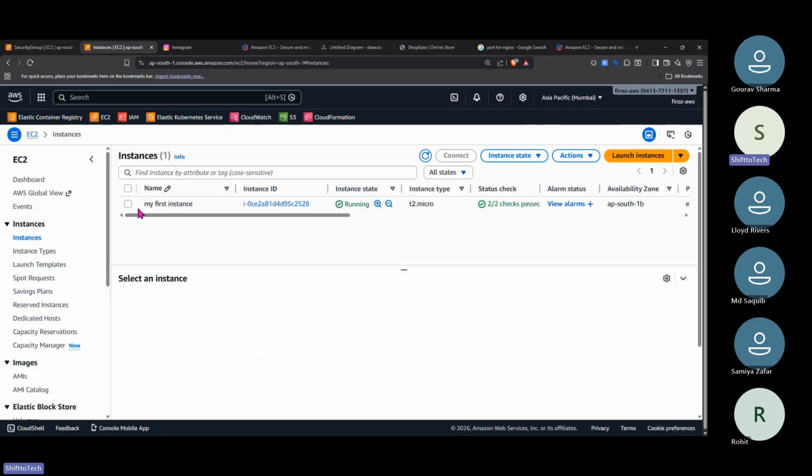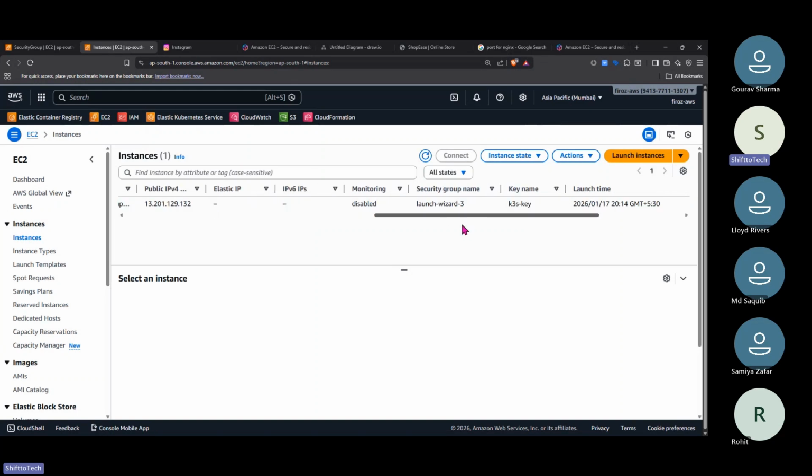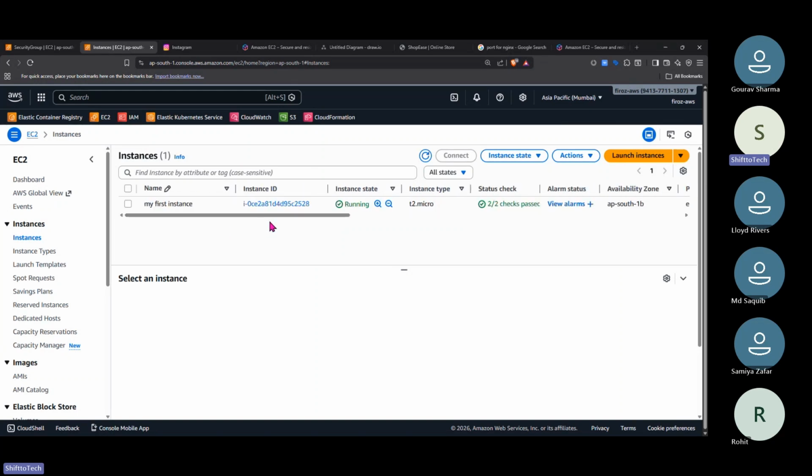Suppose I have some production application running here, then everything is gone. That is not trustworthy. If you have installed your applications in this EC2 server, it will be deleted. So this is the difference between reserved, spot, and on demand. These are the questions which will be asked in interviews, and that's the reason I have told you these things.